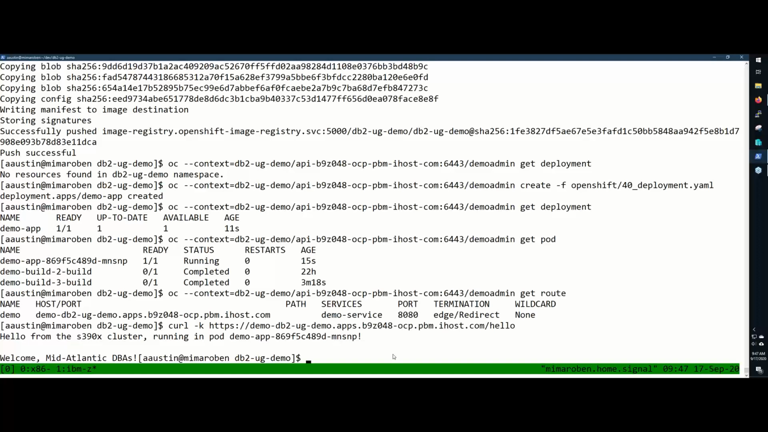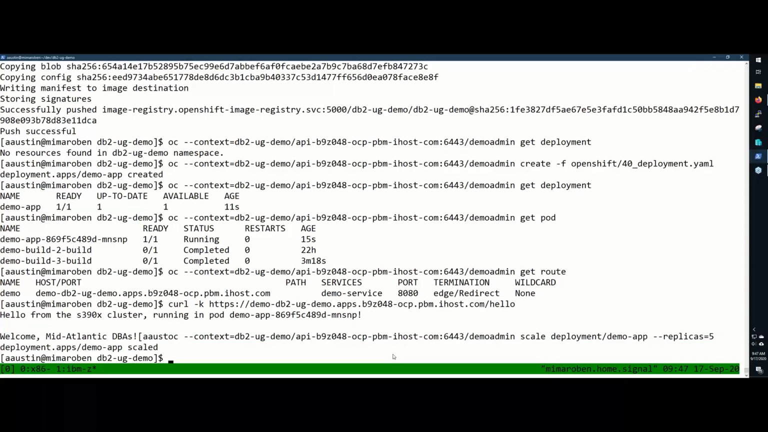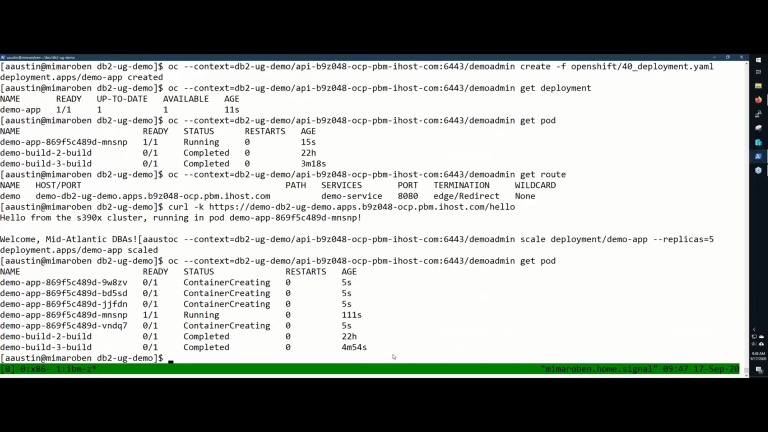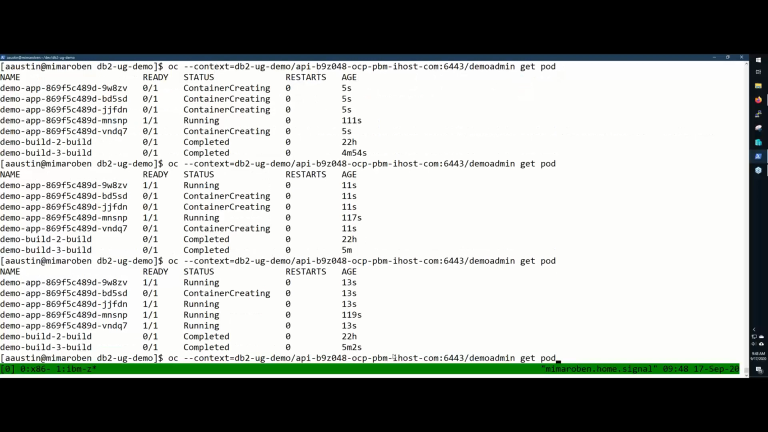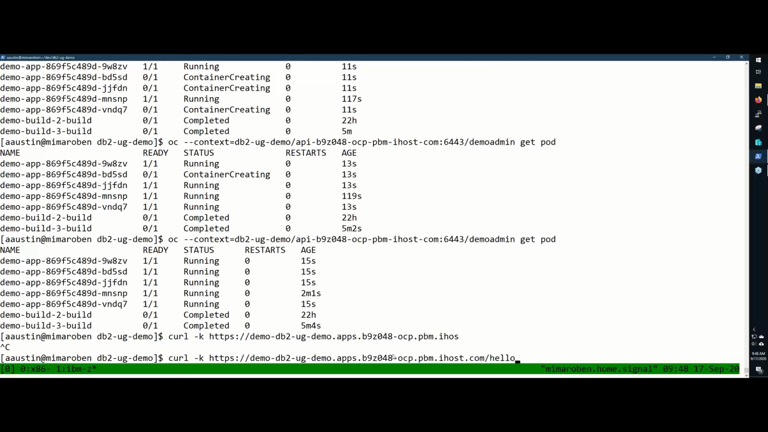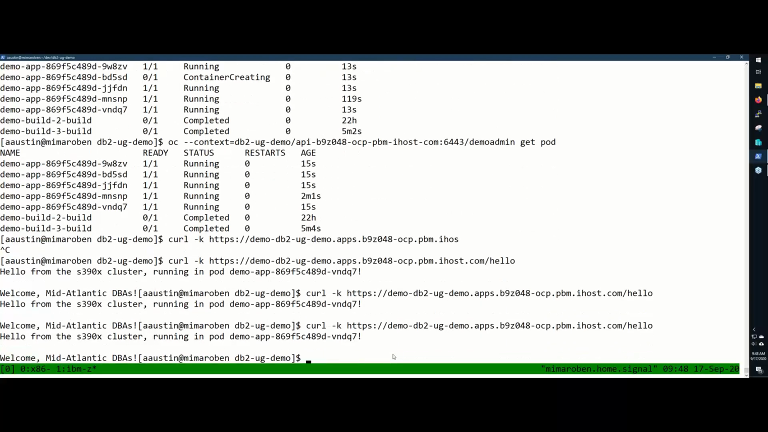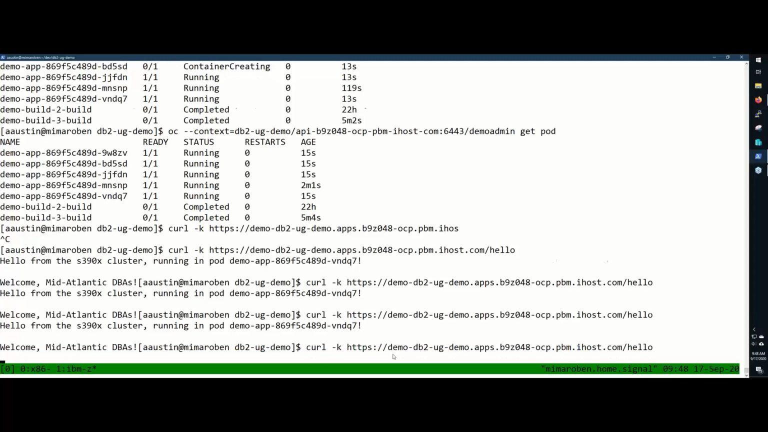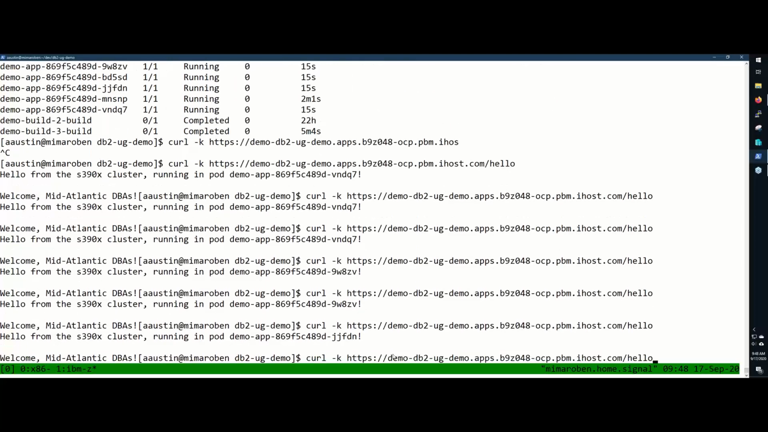Now let's say that you had a load spike and one pod wasn't going to be enough to service your application. You can also, since we have this deployment construct, very quickly change the scale of it. We'll change our scale for the demo app deployment. We'll go ahead and launch 5 instances of it now. See, 1 is running and 4 more are being created. Now, if we use the correct URL and look at that endpoint,